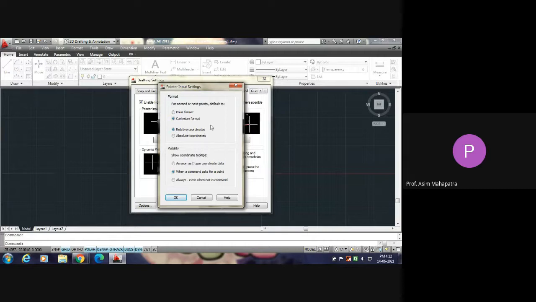That is relative coordinate. If you click on absolute coordinate, all the points will be measured with respect to the origin itself. But I will always advise you to make this relative coordinate as default, because it's very easy. Have you got my idea?